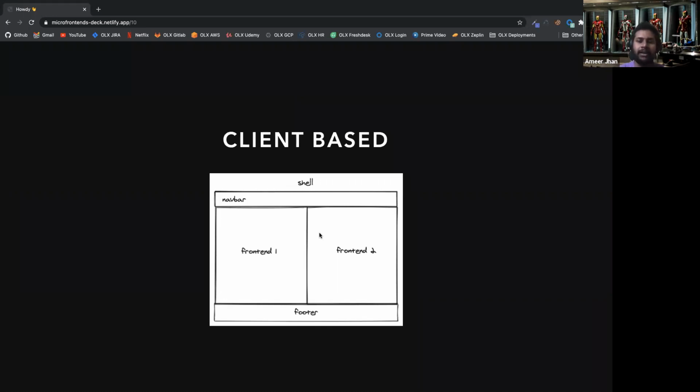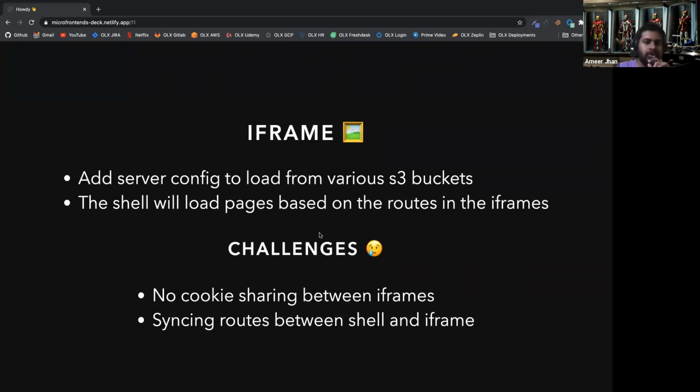So we have a central hub called the shell, and then it's the shell's responsibility to load other micro frontends. The shell decides that, okay, you are right now in the landing page, so I'm going to pull the landing page front end and show it to you. Now you are in the profile page, so I'm going to pull the profile micro front end and show you. So the shell is the deciding authority to show you which micro front end to show.